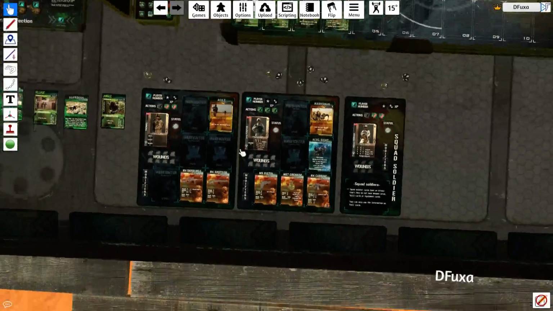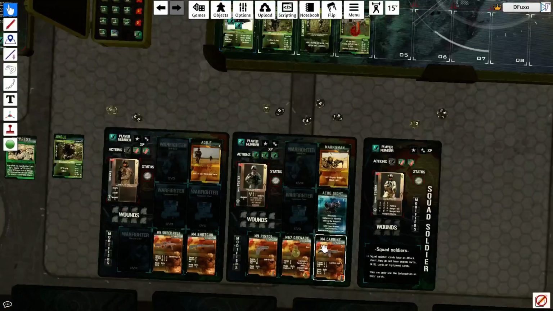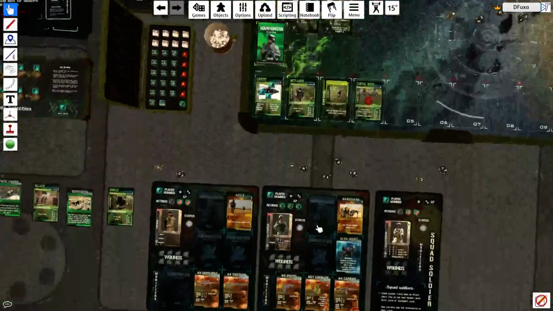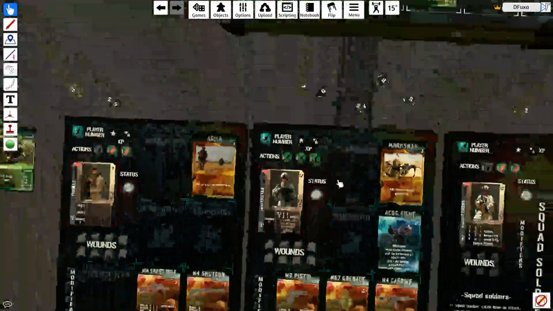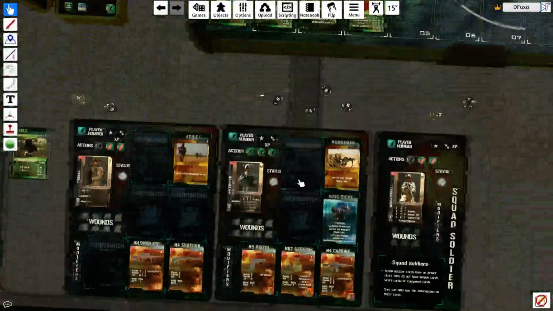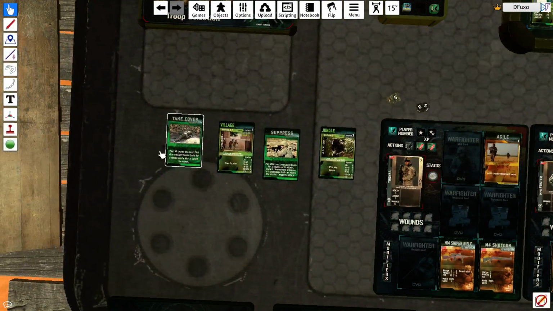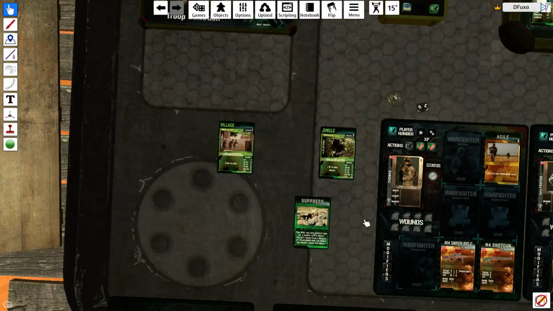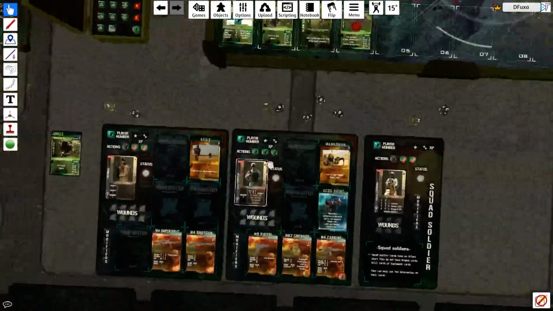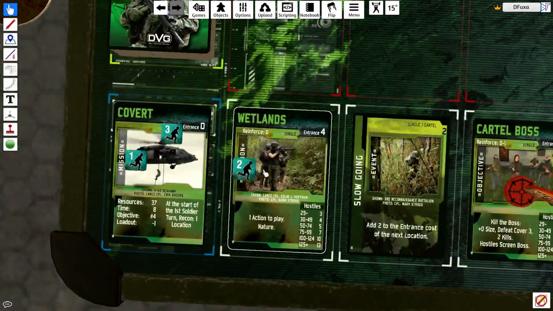Now, at this point, we have this guy to do his stuff. Because this guy's got a short-range weapon, an M4 carbine, it's in my interest to move him up to attack this guy. So let's have this guy move. He's got a movement of 2, and to enter this location requires 4. To enter, I have to sacrifice 2 cards for this guy to move in there. So let's sacrifice, for example, take cover and suppress. We'll use those cards for this guy to get his 4 movement to move over to the wetlands. So player number 2 moves over to the wetlands